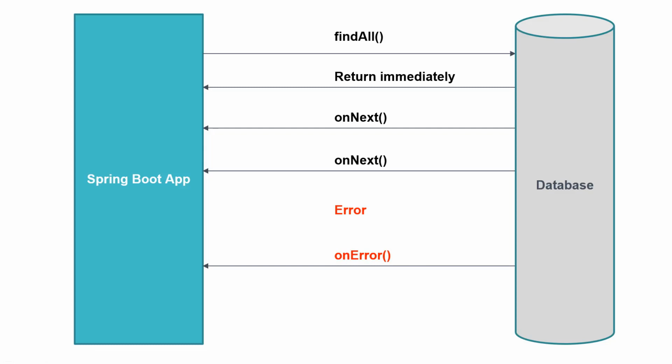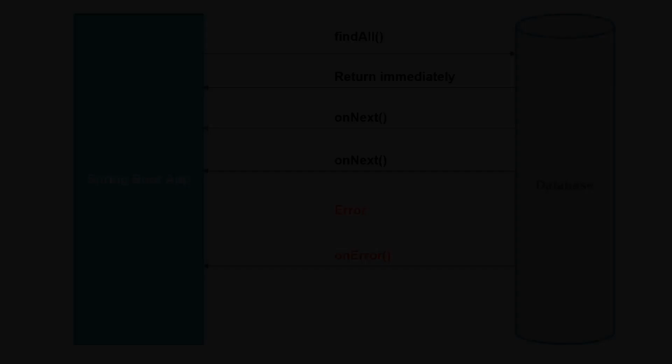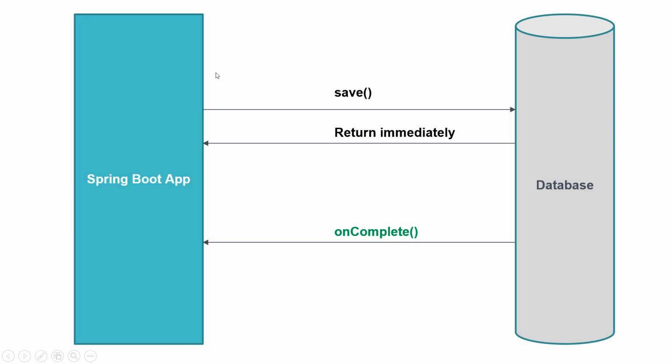So far, we have seen the scenarios while getting the data. Now, let's talk about the case when we want to persist the data into database. So from our Spring Boot application, we are trying to save the data into database. So call will be returned immediately because it's asynchronous and non-blocking. And here the return type is void. Basically, there is nothing to return, right, from the database.